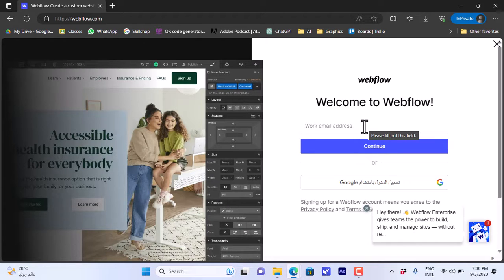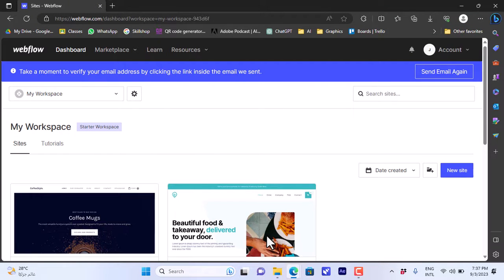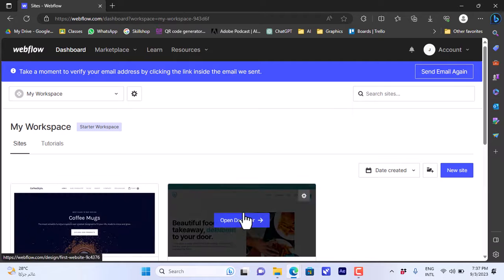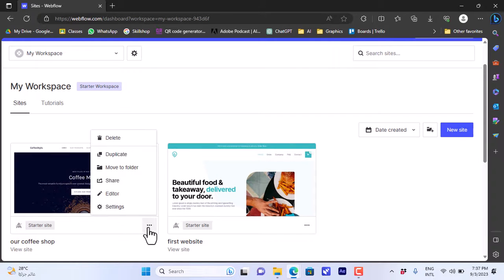Then it'll ask you to answer a few questions to further get to know your work nature, and then it'll open the main dashboard. So after signing up, that's the main dashboard that will open. You can see here on the dashboard the sites that you created. You can go to tutorials and your sites, and you can go to any site that you created and edit the settings, edit the site itself, the elements of the site, share it, move it to a folder, duplicate it,